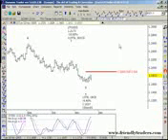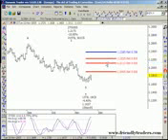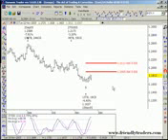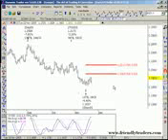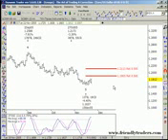A good price target for the second unit of a 3-unit long position would be the 50% retracement of the September to November Wave 5 decline. In the event that our analysis is incorrect, and this is a corrective rally to the September to November decline, the 50% retracement at